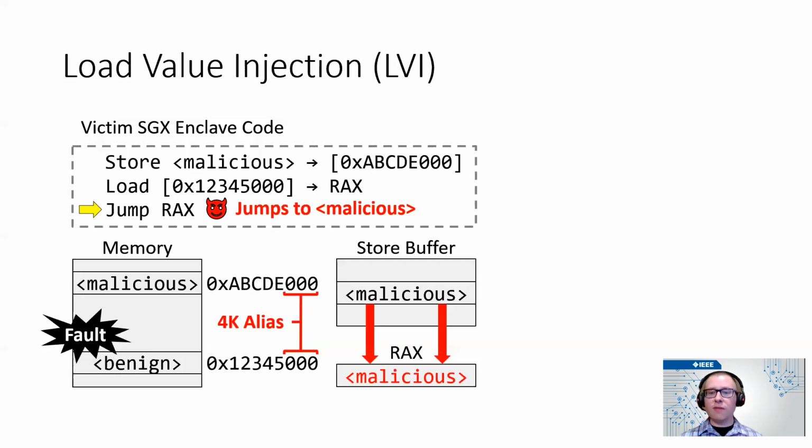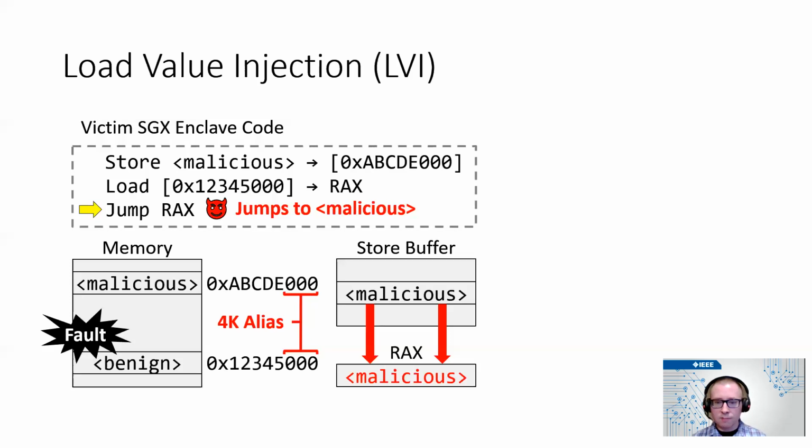So if you want to catch all of the possible aliases between stores and loads, you need to be really conservative with the analysis. And although I just showed an example that used the store buffer, as we explain in the load value injection deep dive that you can find on Intel's website, these forwarded values can come from other microarchitectural structures like load ports and line fill buffers. And so you may have to analyze many combinations of loading and storing instructions within each enclave function, even though very few of these combinations could realistically forward data in a manner that could be useful to mount an attack.